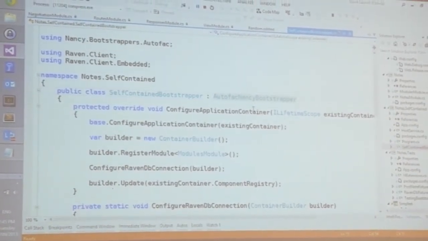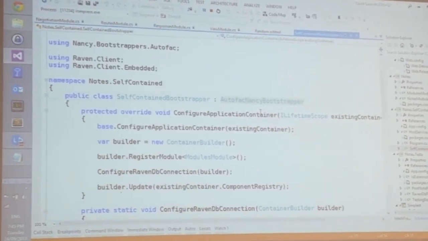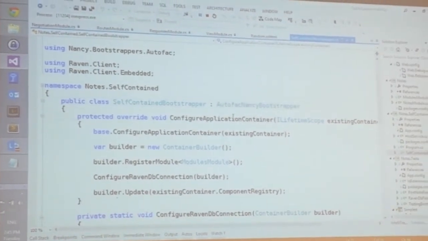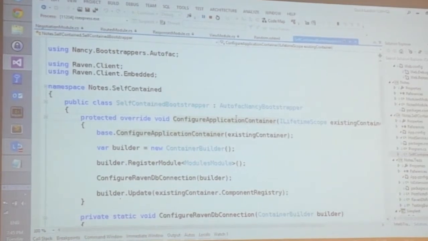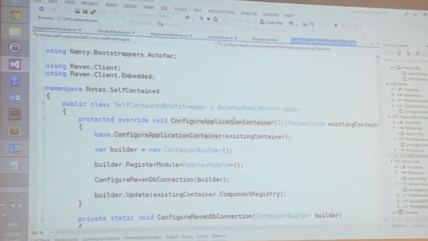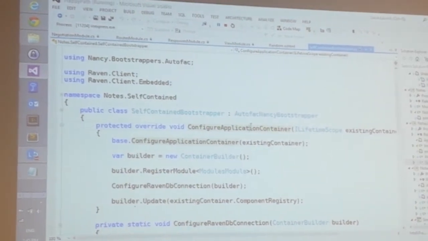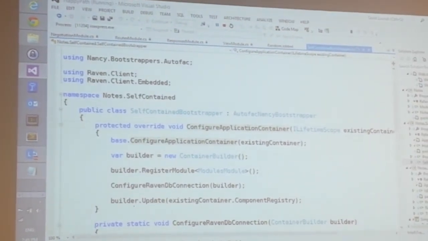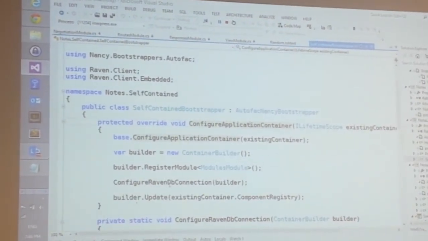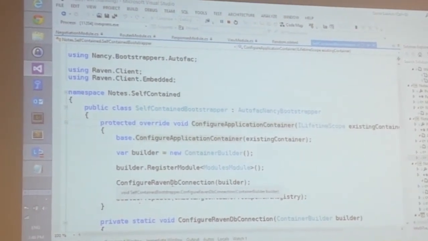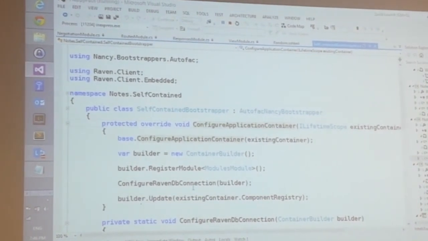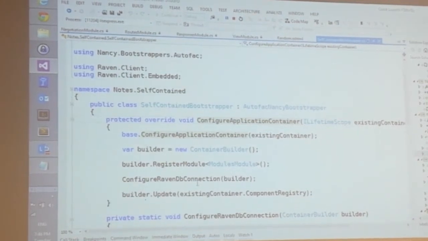So Nancy under the hood uses inversion of control. This one though does use TinyIoC out of the box, so you don't have to use AutoFac if you don't want to. You can just use the default one that's applied. And then you provide your own conventions and you register modules. And this one here we're using RavenDB and all good stuff. Okay, so there's a fair bit, as you can see, going on here.